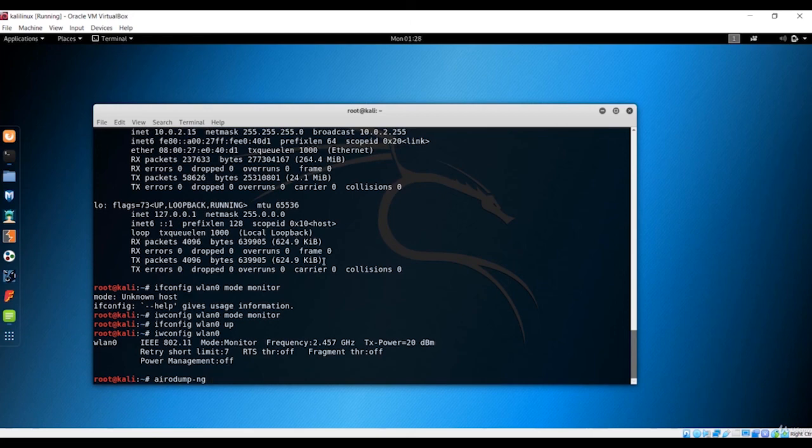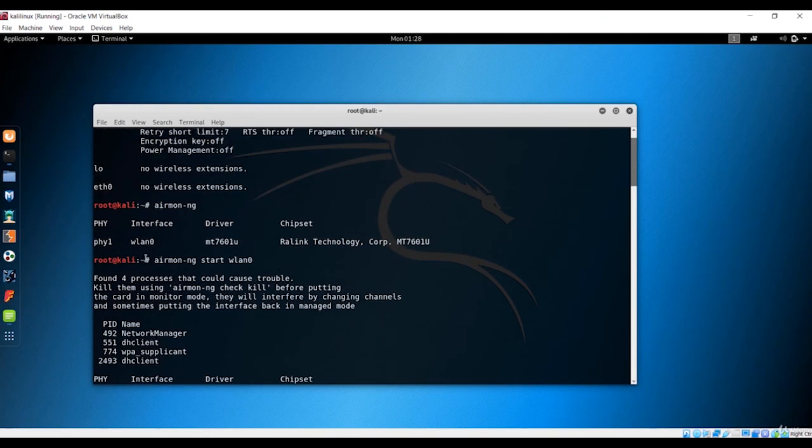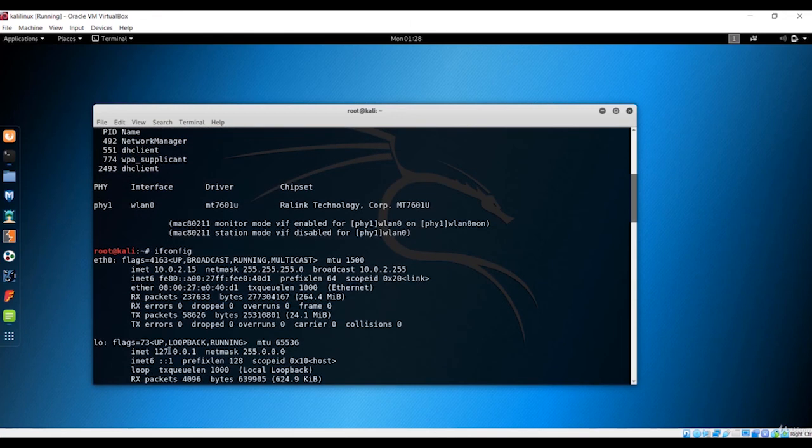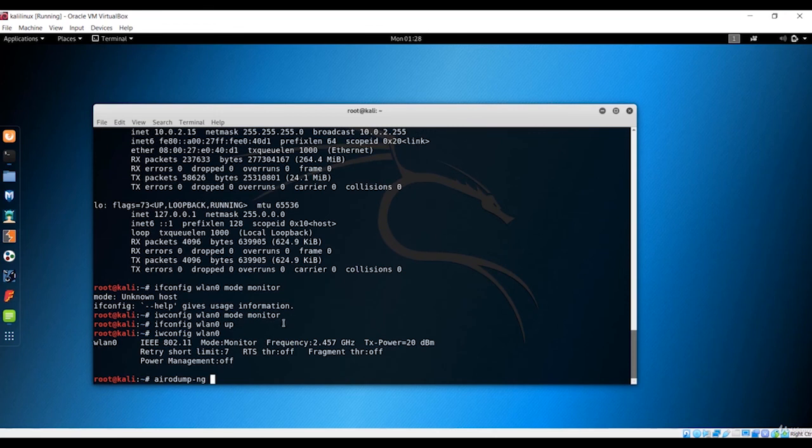Now in the previous case, which was done in the previous lecture, we just used airmon-ng, and this was the application that gave us the monitor mode. But the name, you could clearly see, was changed from WLAN0 to WLAN0mon. In this case we didn't change the name, so the name is WLAN0 only. We didn't change it to something like WLAN0mon. We just kept the same name, which is WLAN0.